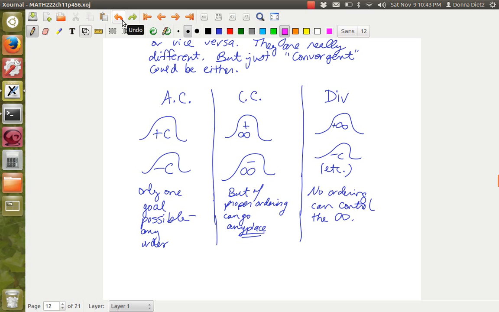But if you have conditional convergence, that doesn't work because what it means is you have an infinite number of bills coming in and an infinite number of checks coming in. And as long as you have a scheduled payment for each bill and each check, then you can get away with that. So you just say, okay, well, I'll just deposit 3 checks and then pay a bill, and deposit 3 checks and pay a bill. And,